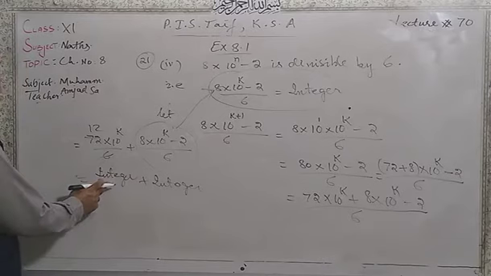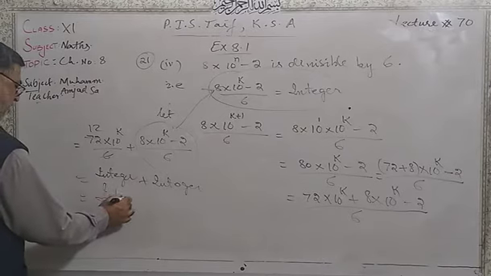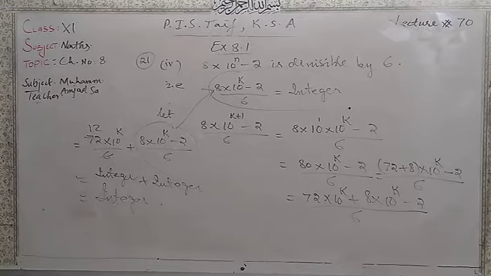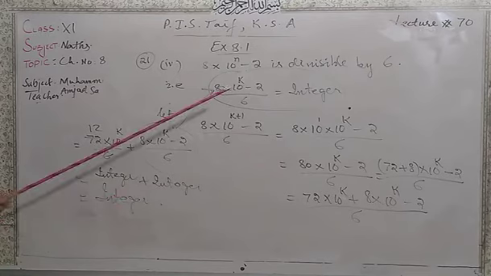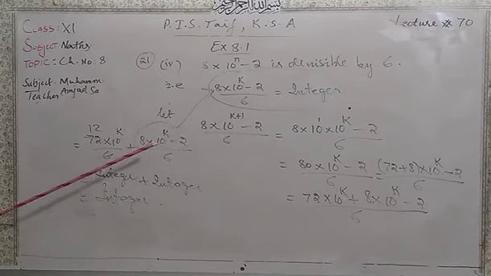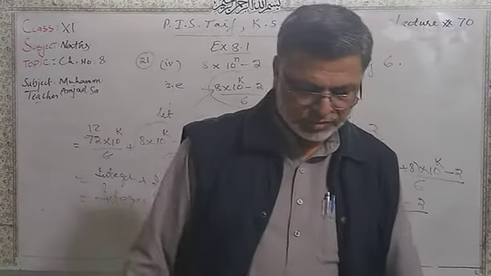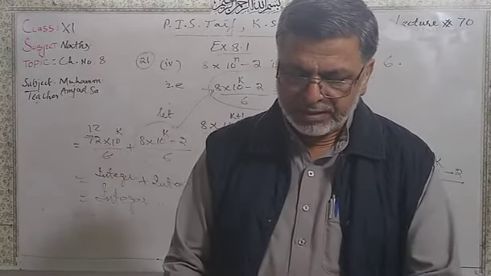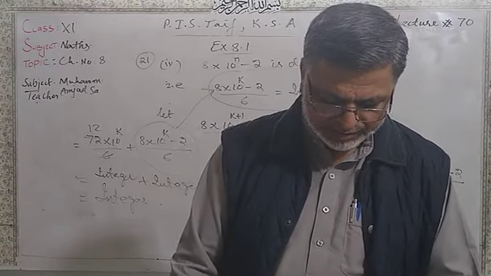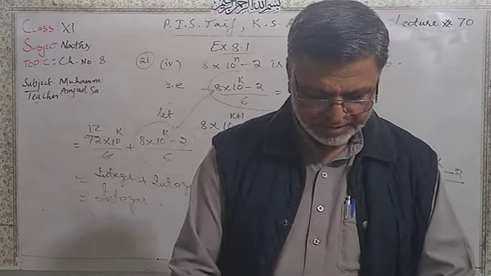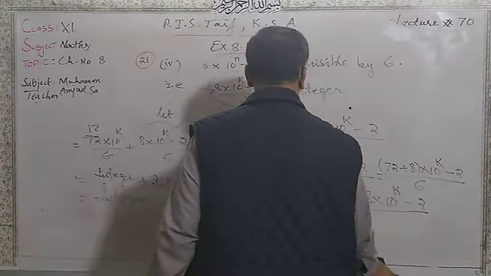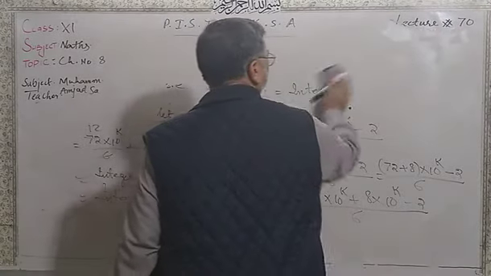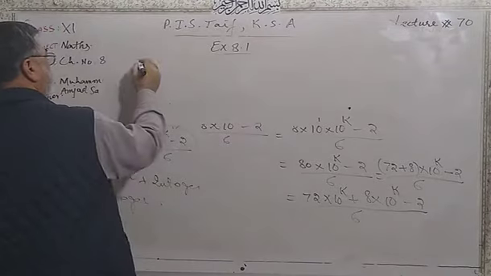Dear students, integer plus integer is an integer. So we have seen that we have taken k+1, and at the end, after simplification, we got the right hand side as an integer. So what is true for n = k is also true for n = k+1. After that, we have question number 23 and 24. I am taking question number 23. Question number 23.